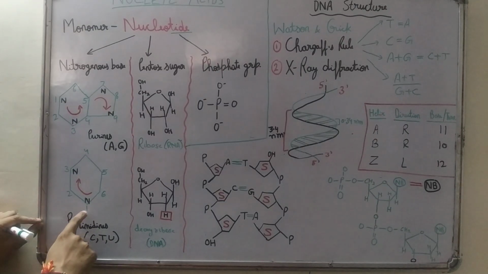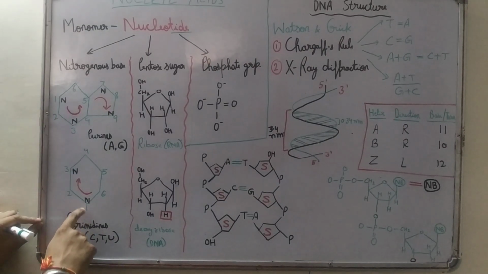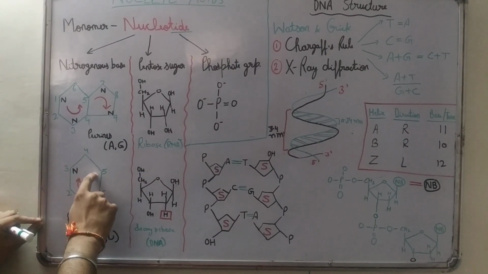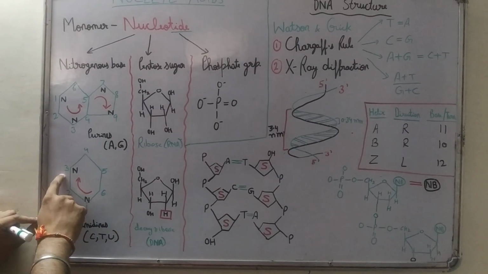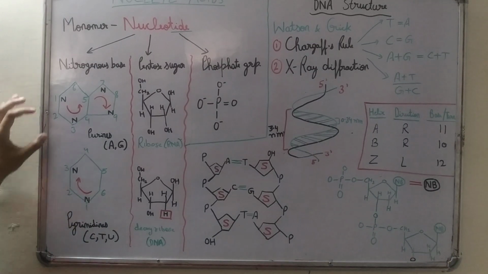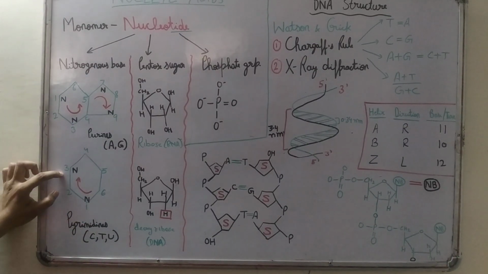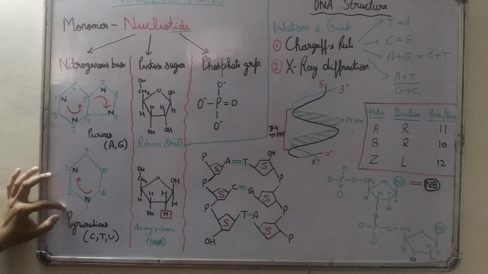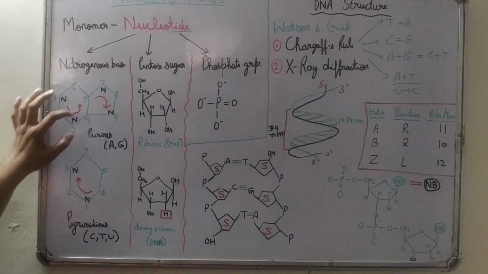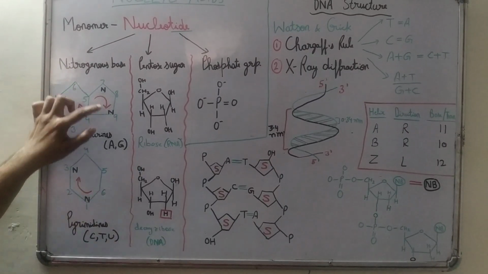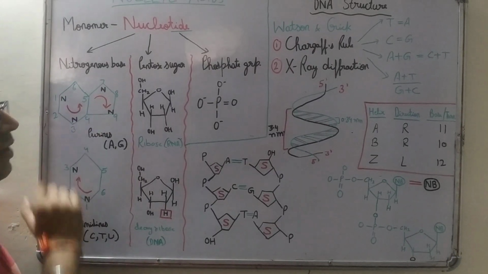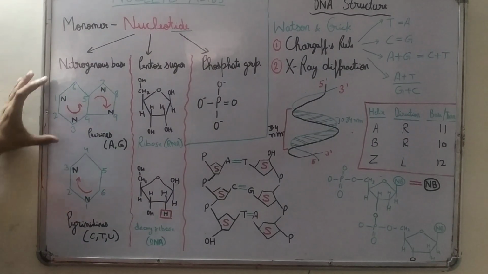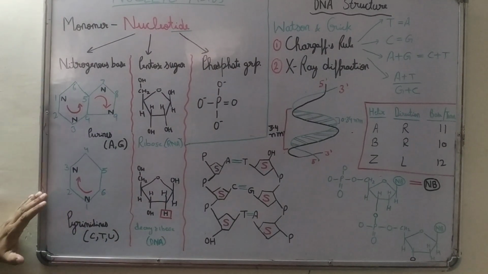In case of pyrimidines, numbering will start from this nitrogen and it will run in clockwise direction. For example, 1, 2, 3, 4, 5 and 6. As a result, nitrogen will be present at first and third position. That means the presence of nitrogen at first and third position is the same in case of both purines and pyrimidines. In addition to first and third position, nitrogen is present at seventh and ninth position in case of the double ring structure, that are purines. So nitrogenous bases comprise the purines and the pyrimidines.